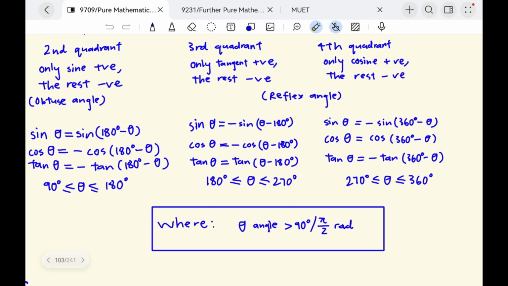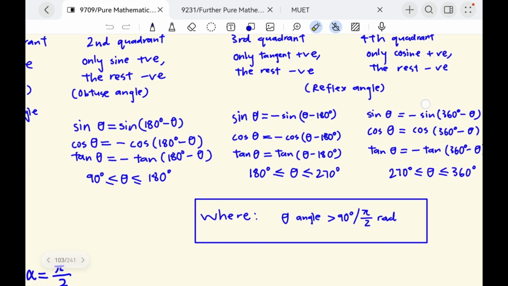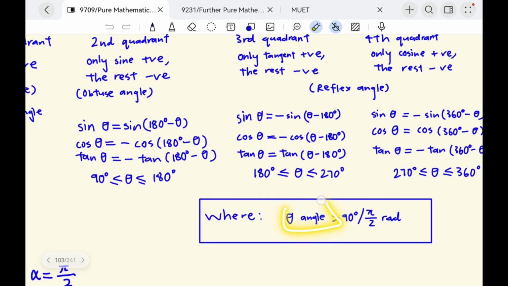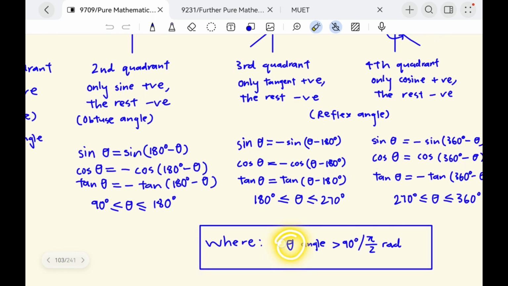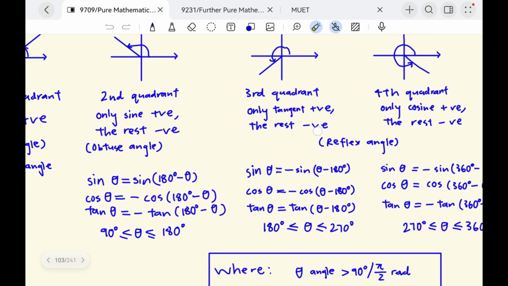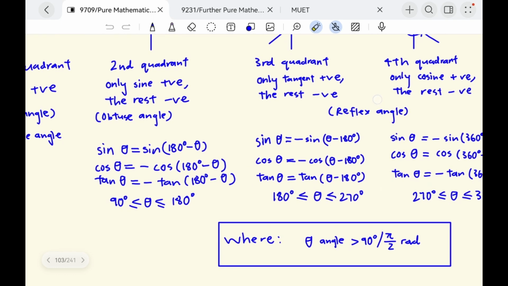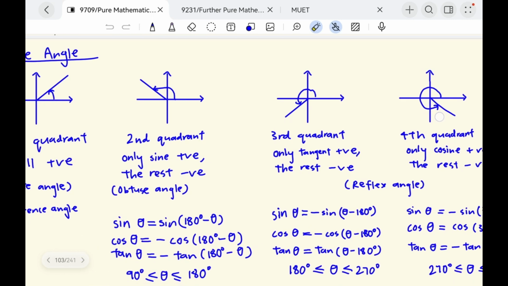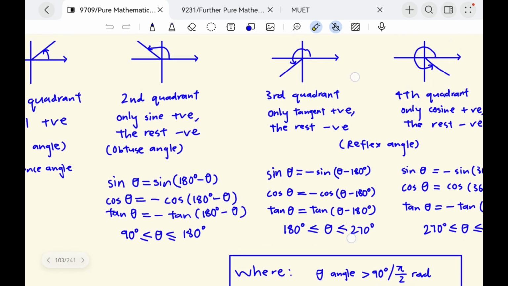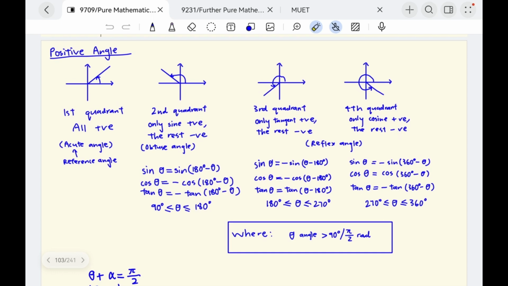So as I implied over here, the theta angle is greater than 90 degrees or pi over 2 radians, where the theta is an angle, the reference angle, or the particular angles like the obtuse angle and the reflex angle for each respective quadrant. Alright? So yeah, let's dive into the